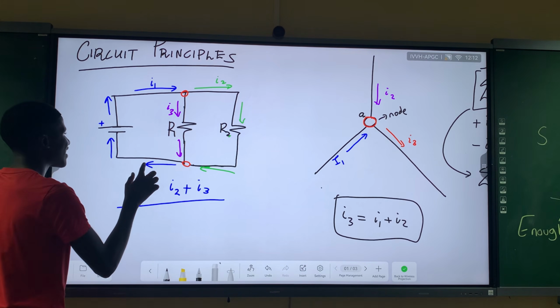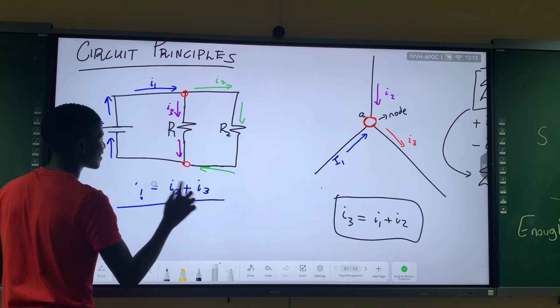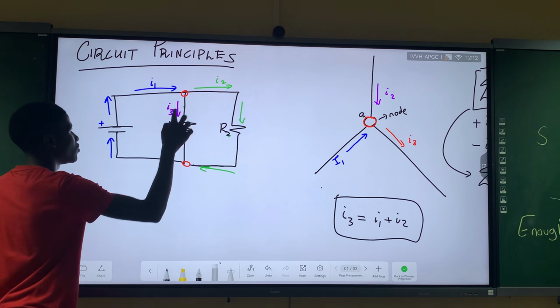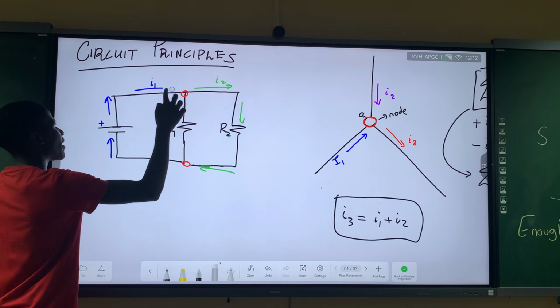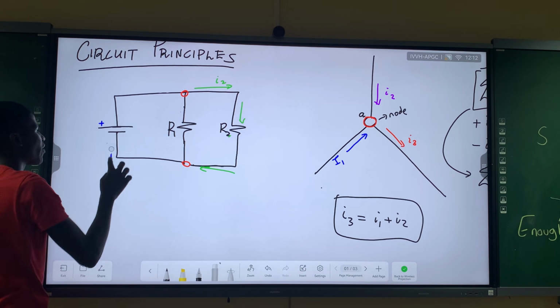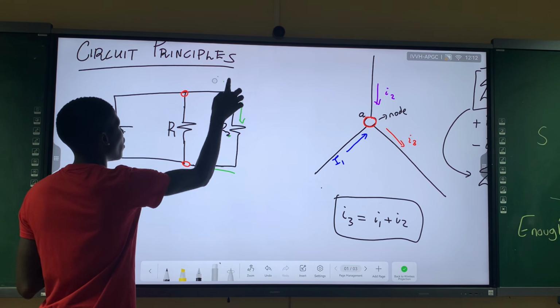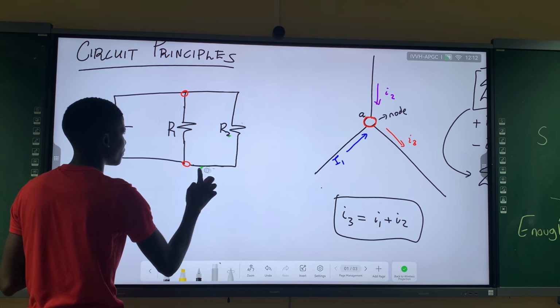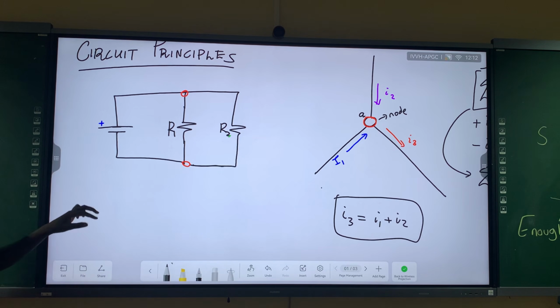So let me just say I'm not minding my currents. I'm only looking at the what? At the voltages alone. So let me just pretend we are not focusing on the current. So our focus point is on the voltages now. So when I look at my voltages here,